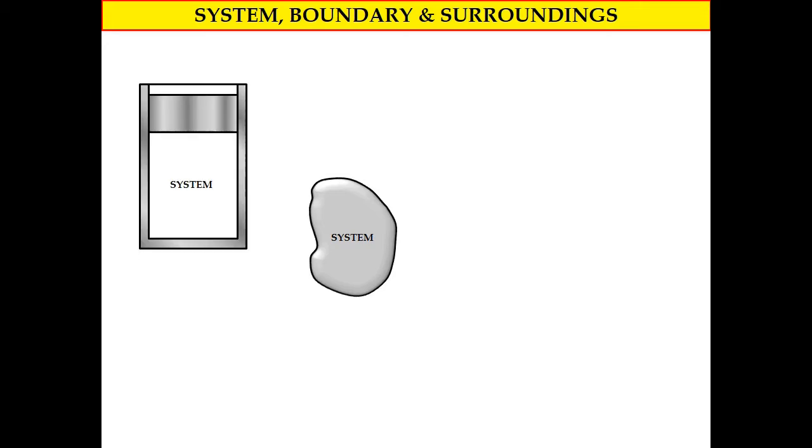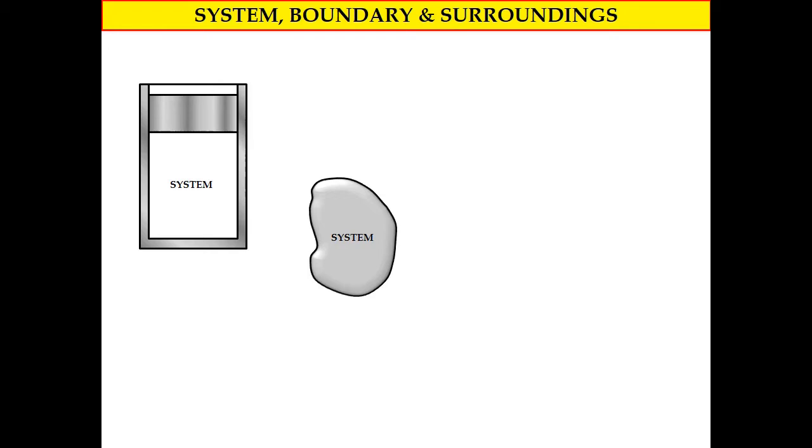So for part number 2, for chapter number 1, we will discuss the system, properties and processes involved in thermodynamics. Now we want to know the meaning of the system, boundary and also the surroundings in thermodynamics. This schematic diagram shows the general system, and this is the cylinder piston device which we will consider as our thermodynamic system, and we will use these two figures to explain the meaning of the system, boundary